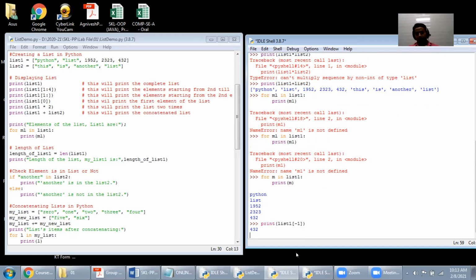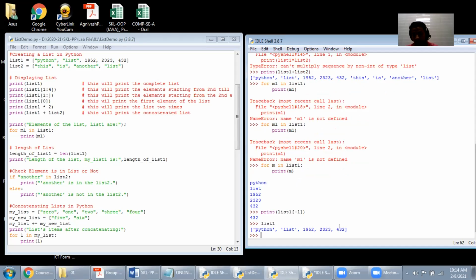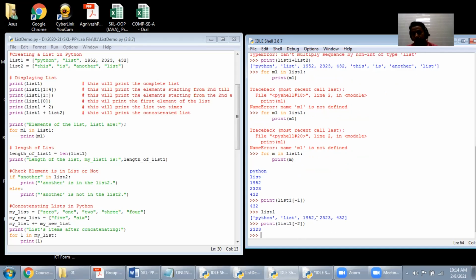Now you can see it, what you said, I am showing it now, but it is not required here because the aim of the program is different. Print list 1 minus 1. What is the last data? Last data is your 432. For example, I am giving it as list 1. Right now, consider the last data is my 432. When you write minus 1, it will start from the last. So 432 will be displayed. Suppose you give minus 2 here, what will it display? It will display the other part, that is 2323.